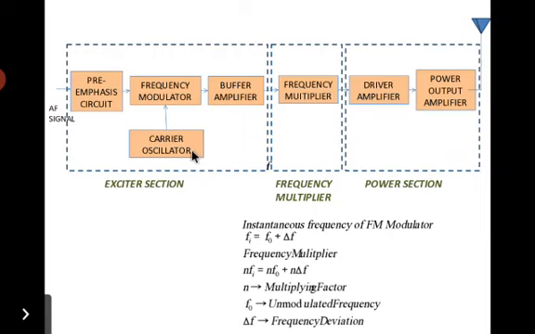Now, the local oscillator. The function of the local oscillator or a carrier oscillator is to generate a stable sine wave signal at a stable rest frequency, when no modulation is applied. Also, it must be able to linearly change the frequency when fully modulated with no measurable change in the amplitude.